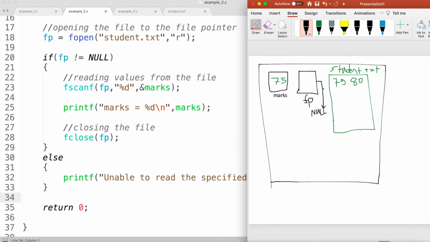Now it is reassigned to my null file pointer. That means my student.txt is now just hanging in my program memory. So either my program or my operating system can use this memory efficiently for other tasks, because right now it is not attached to my program. It is just hanging in the memory.